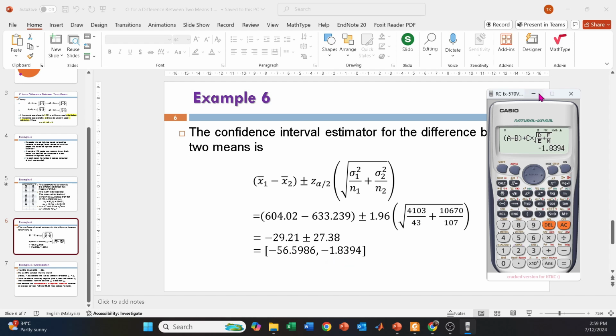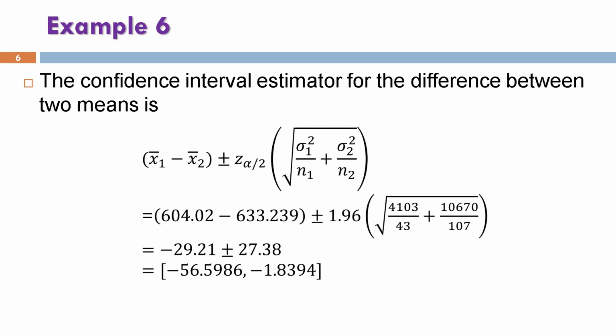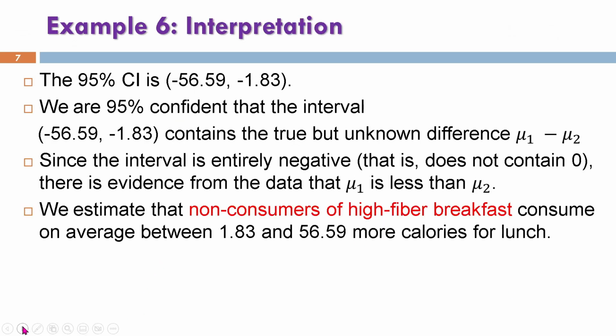Hence, for the 95% confidence interval for the difference between these two means will be negative 56.59 to negative 1.83. So we are 95% confident that the interval negative 56.59 to negative 1.83, okay, you see